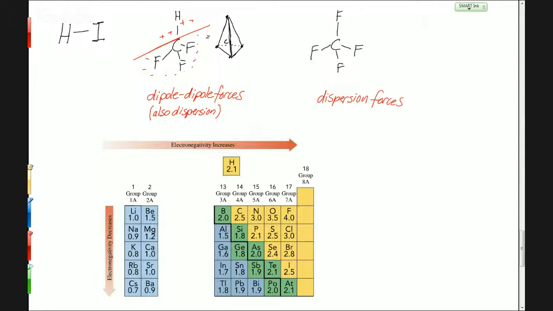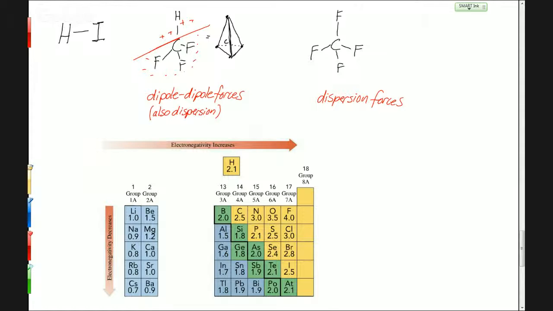So you would expect the CF3H molecules to be able to attract each other more strongly in that case. There's some other things going on also, so that's not the whole story, but for our purposes, that's a